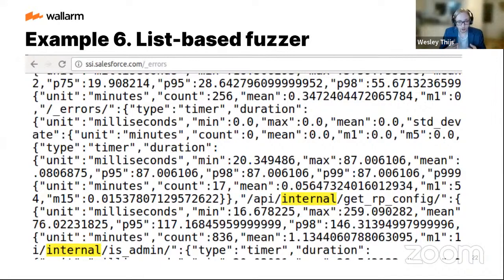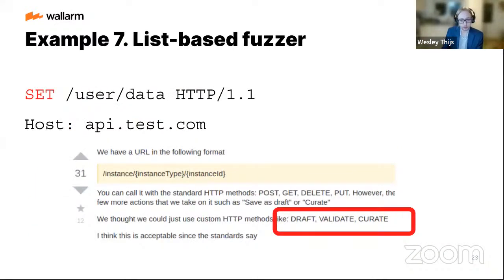We can also do list-based fuzzing. And in list-based fuzzing, we can see here that we have, for example, API/internal. Then we know that we need to fuzz that endpoint, /API/internal, of course. Then the seventh example is, for example, here we all know the standard HTTP methods, post, get, delete, put,